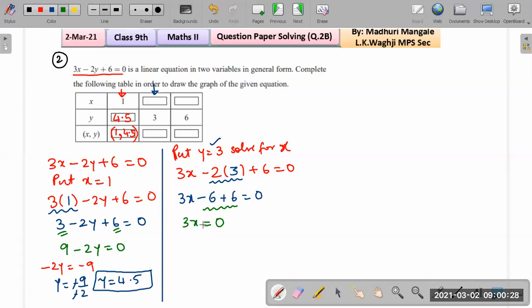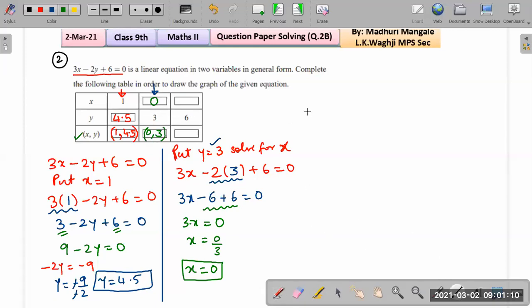And we have to bring x by itself. So get rid of the 3. 3 moves to that side, it will become division. It's in multiplication here. There is no sign, that means it is multiplication. So x equals to 0 divided by 3. And what is x? 0 divided by 3 is 0. So that gives us the value of x. X is 0. So in the box, we will put x equals to 0. Correct? And what goes in this box? We want the answer in the form x comma y with the brackets, and the comma. So first we write 0, that is x, comma y, which is 3. That completes that box.